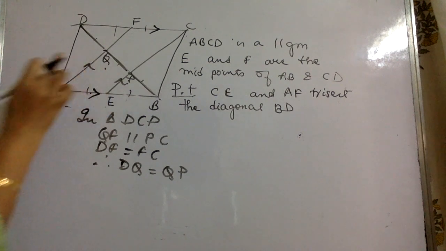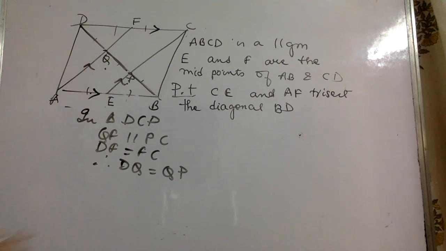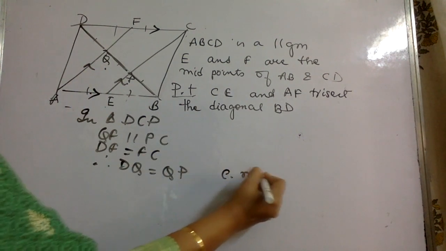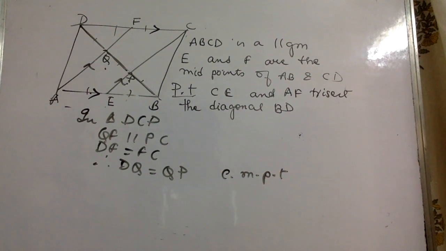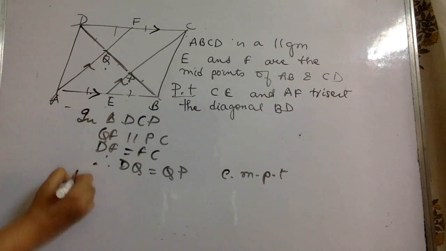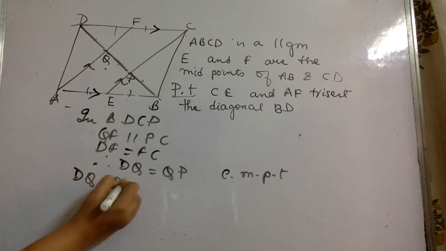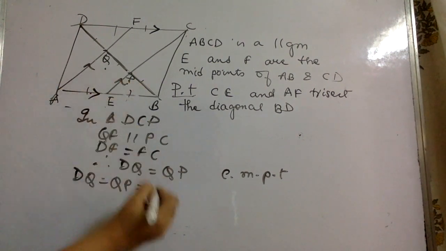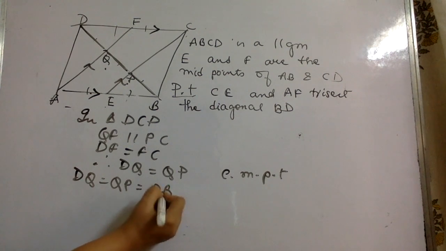DQ is equal to QP. Now, why is DQ equal to QP? By converse of midpoint theorem. Okay. So now we have DQ equal to QP, and QP was already equal to PB. Therefore,